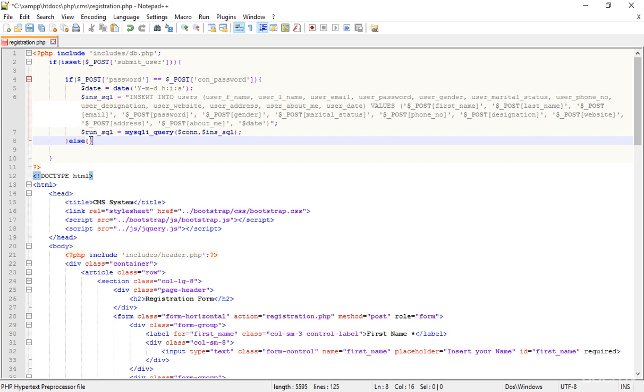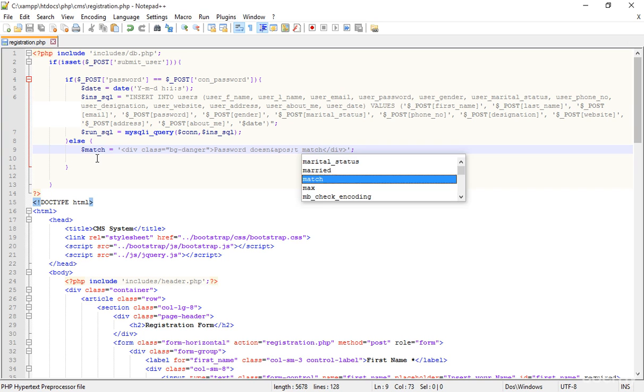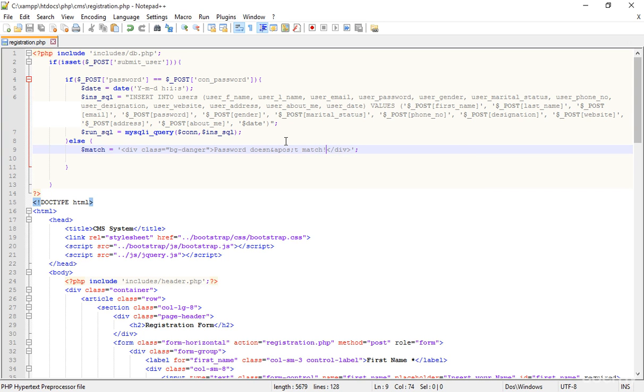And what I'm typing here in this else, I'm creating a new variable, dollar password or that or match, equal to, and I'm adding a new div here, okay. I'm adding a class bg-danger, another Bootstrap element, and here I'm typing "Password doesn't match". This is actually a single quote, you know. So by the way, I am creating this match